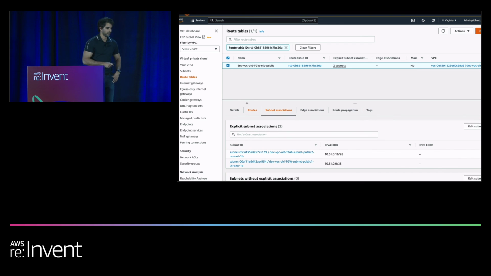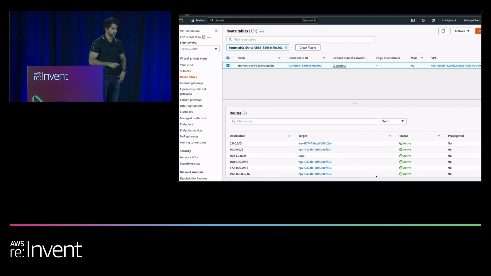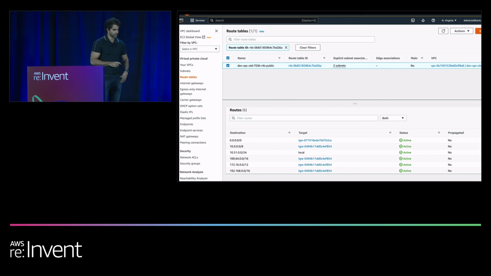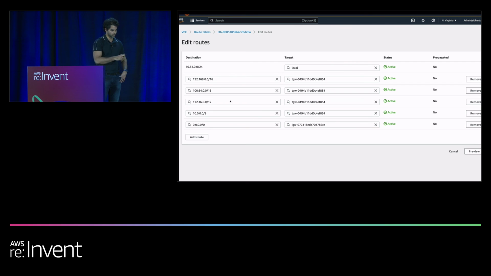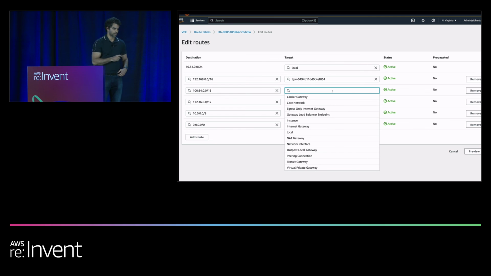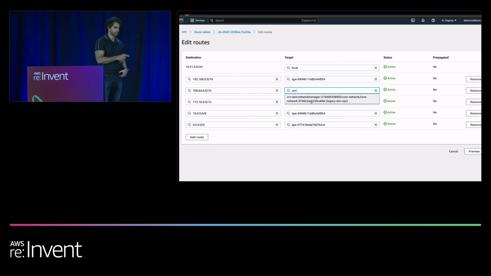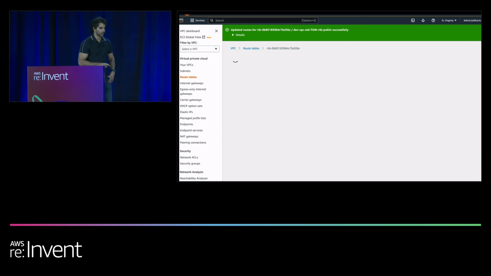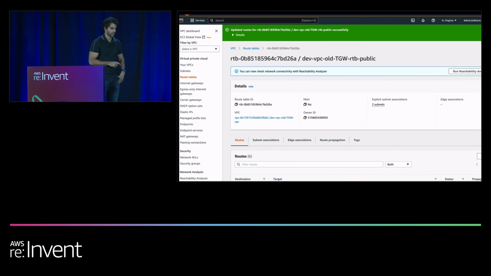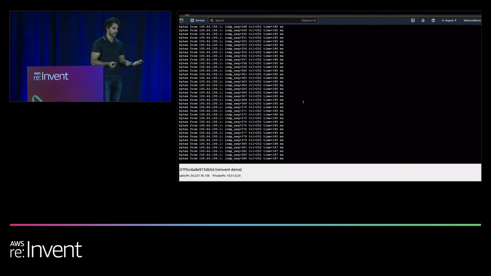And we can verify that by looking at the VPC subnet route table, which is right in front of us. If we go to the routes, we can see there's a route 164.0/16, which points to Transit Gateway. So we're going to get rid of that. And instead of Transit Gateway, we will force the VPC to use the core network. We go ahead and do that. And we go back and check our ping, and we can see it's still pinging. Now we have successfully migrated the VPC from the Transit Gateway to the Cloud WAN core network. And doing this, we did not lose a single ping, so it's quite seamless.